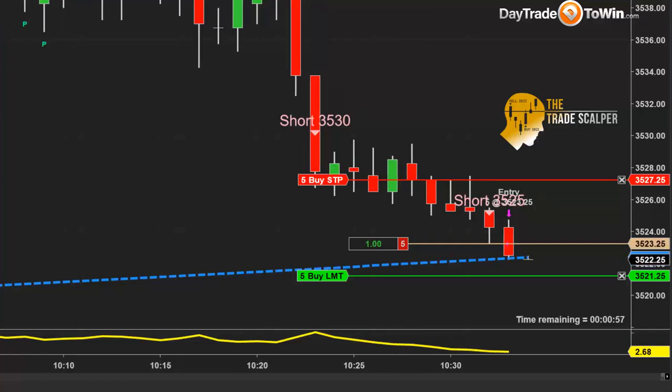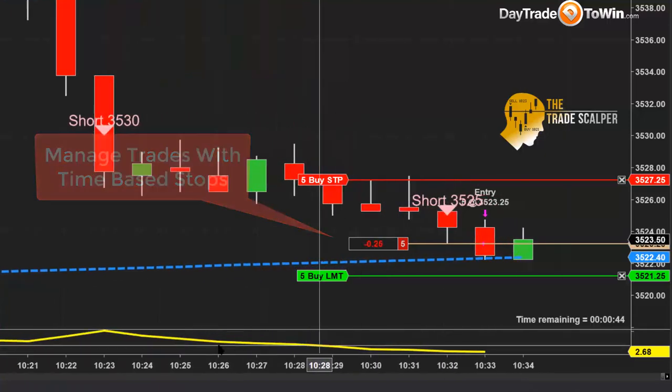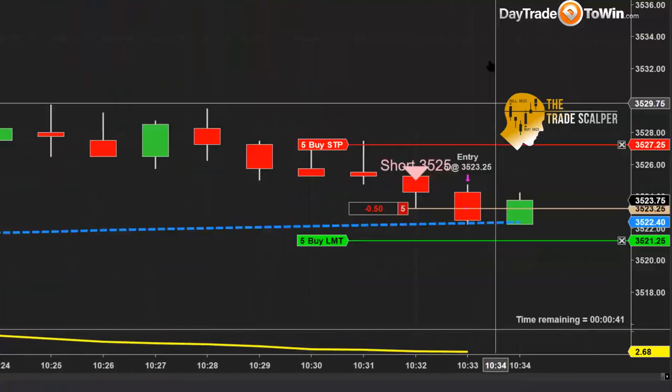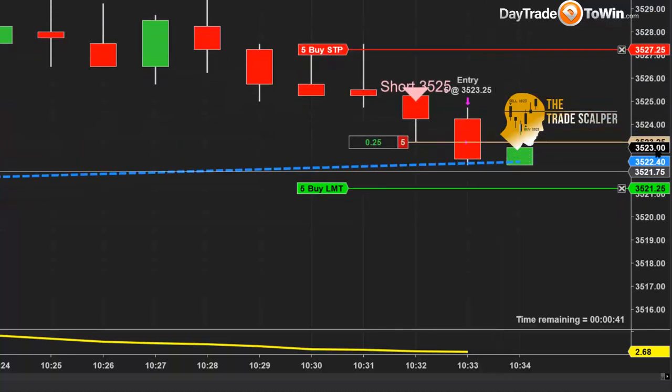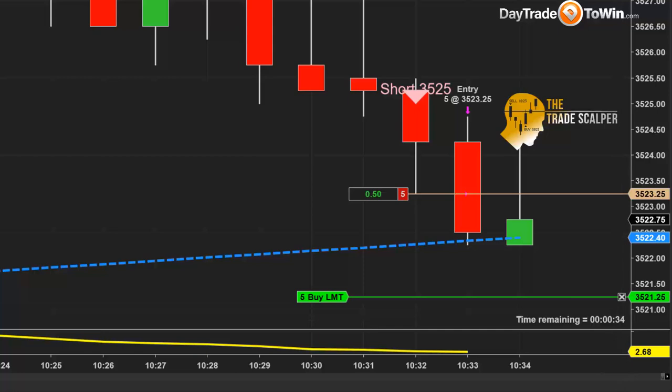Now, remember, if you place a trade and it doesn't go in your favor, please don't hold on to trades for hours on end. Have a limited amount of time that you are in a trade. I recommend 4 or 5 minutes, or because we're using a 1-minute chart, 4 or 5 candles. If you're using the Atlas line on a 5-minute chart, it would be 20 minutes, right? 4 or 5 candles on a 5-minute chart would be 20 minutes.